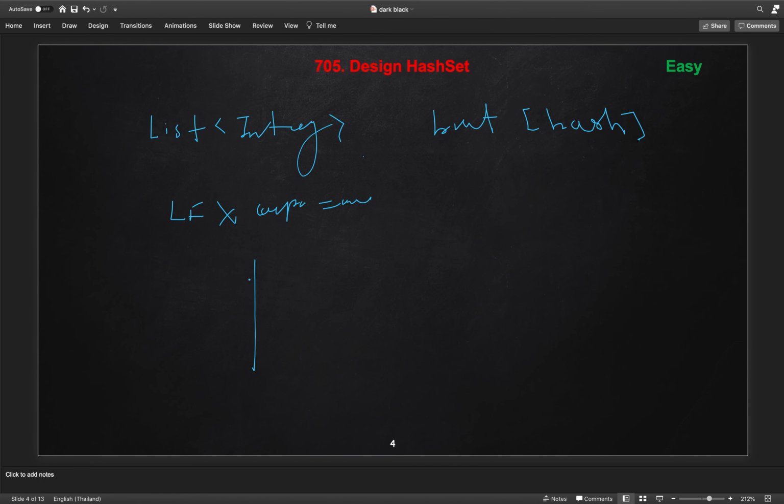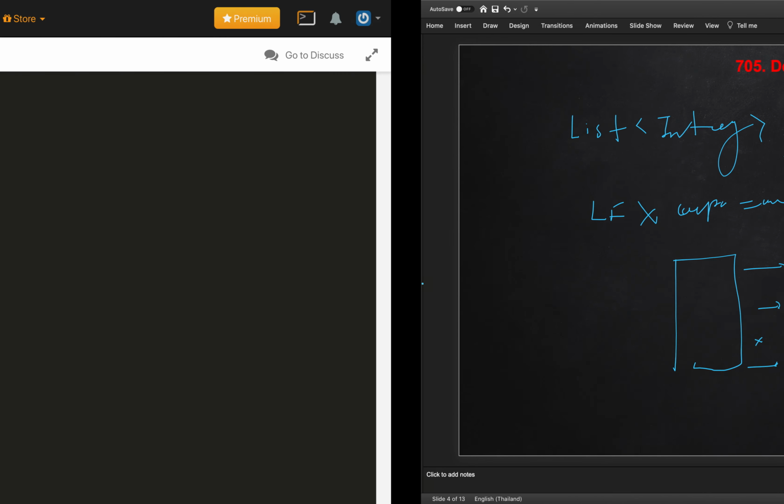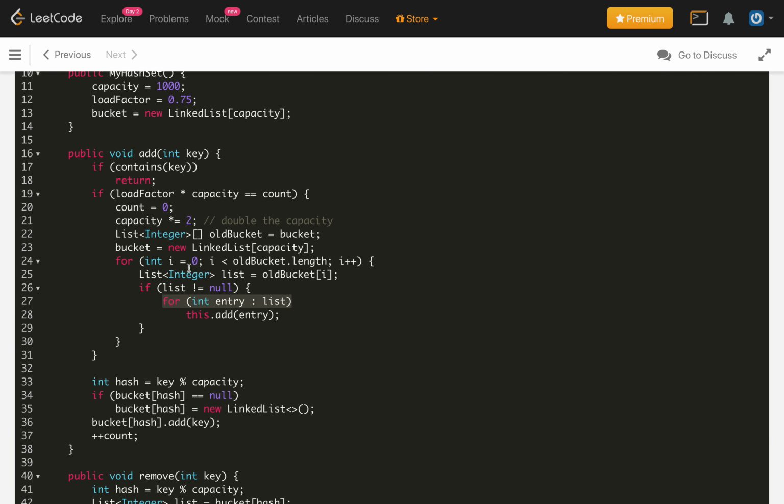So we have buckets here, and we are checking if some of the buckets have chains, then we need to add them to the new one, and let's say this one doesn't have. So we need to call the add method on the new bucket array. Here we are calling the add method for the key which is already present in our old buckets, and that will get added into the new bucket using the new hashing approach.